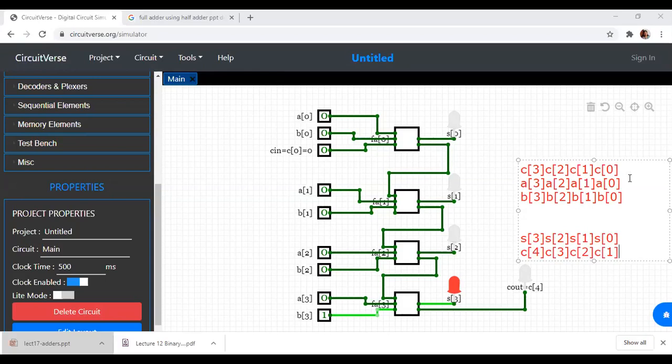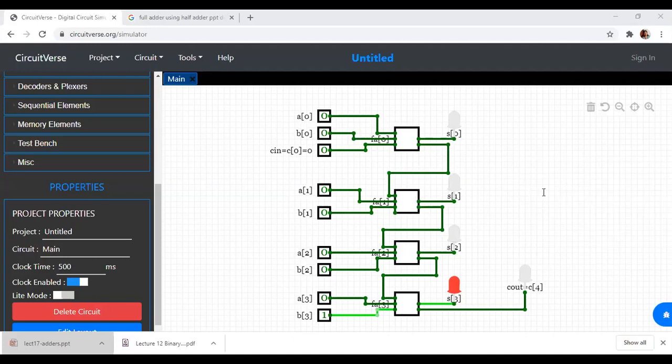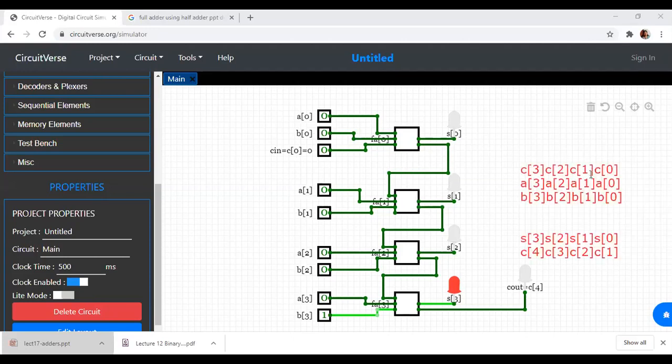Okay. So which means if I add A of 0 plus B of 0 along with C in of 0, I will get two outputs. The first output is S of 0, which is over here, and I'm getting a carry. This carry is nothing but C1. C1 is going as input to the next stage. You can see in the diagram. For the second full adder of 1, the input will be C1, A1, B1.